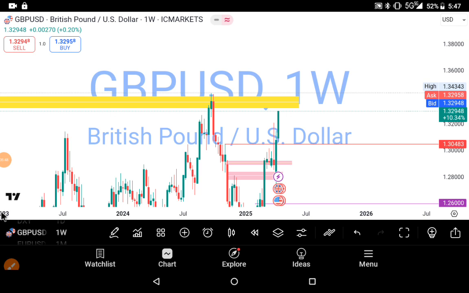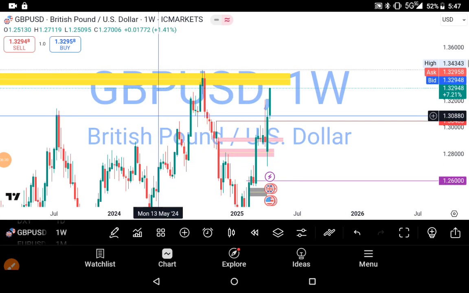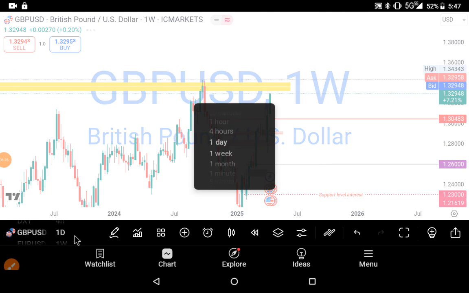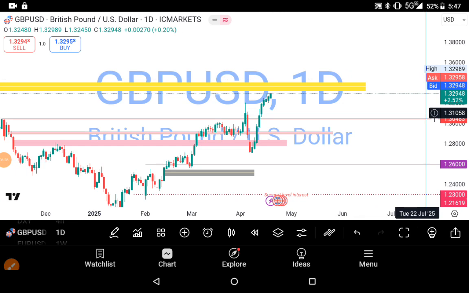So our point there is 1.34343 and a movement into the volume imbalance, the weekly volume imbalance, at least the consequent encroachment of the weekly volume imbalance. That means 1.33 thousand still remains on my radar. So if you see movement into that level, fine. That is what I will be watching personally, at least for the rest of the month.